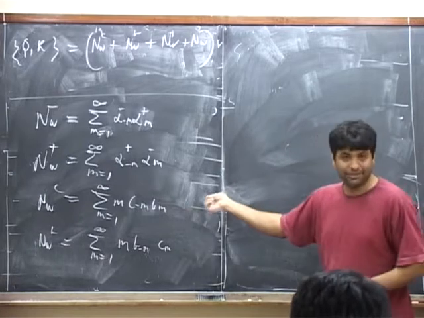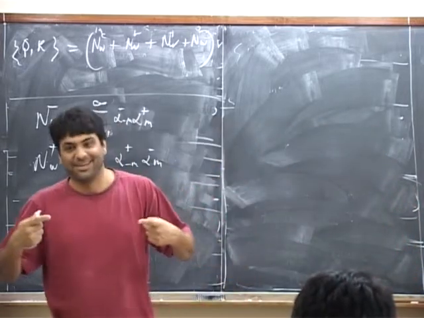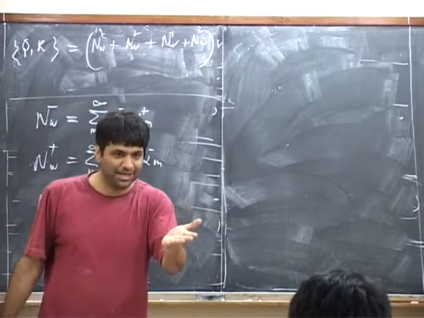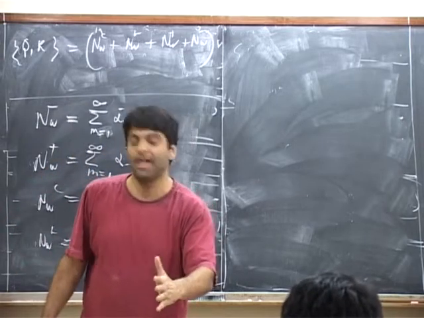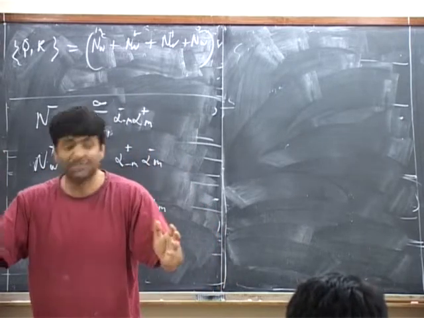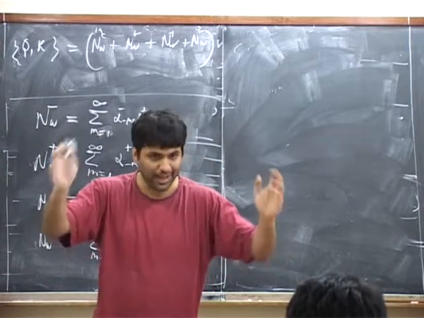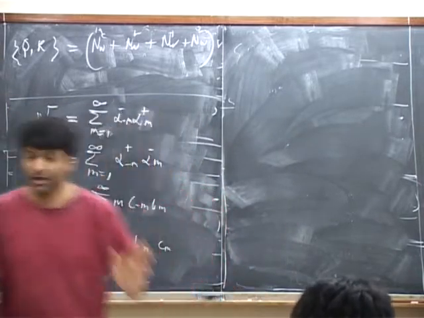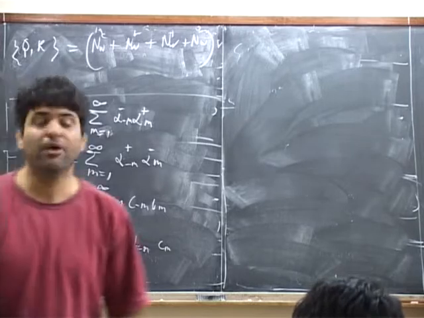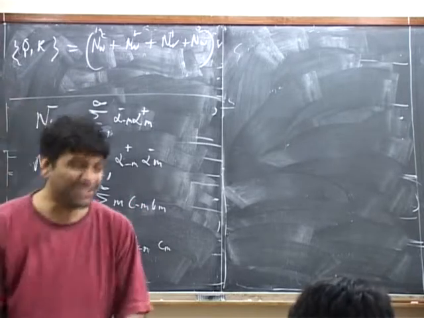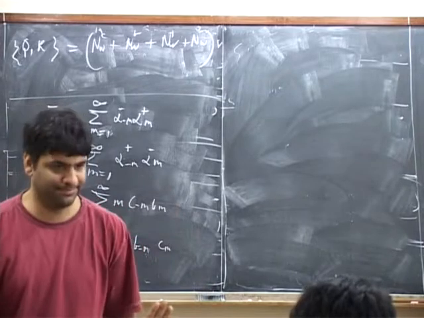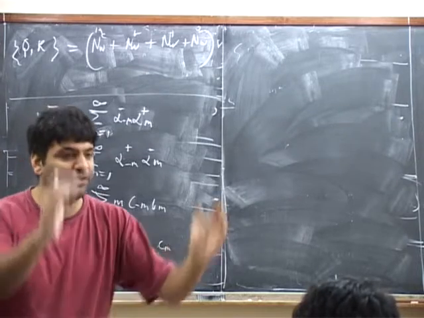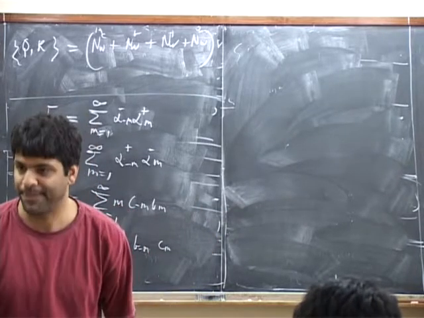One way to do it is by looking at the current corresponding to these operators, computing OPEs and so on. But there's another way that you could work, which is also completely correct. The operator in question is being defined by the anti-commutator between two operators. The only ambiguity is that the operator is fixed up to a constant. So let's say we know what we've got up to an unknown constant, and determine this constant by seeing what the action of the original operators was on a particular state.